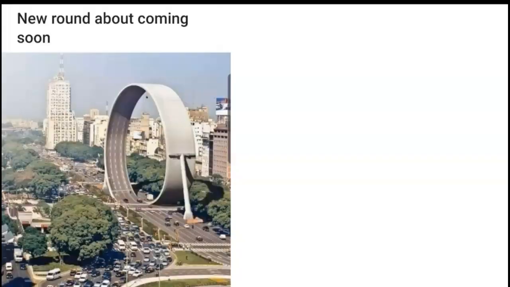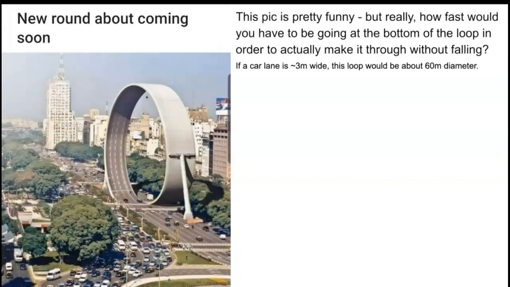Someone sent me this entertaining Photoshop, and I thought, oh, well, of course, if I'm teaching a physics class, I'm going to turn this into a question. So how fast would you have to be going, assuming that there's no air resistance at all? How fast would you have to be going at the bottom of the loop in order for you to make it all the way through the loop, drive all the way through this loop without losing contact like on the